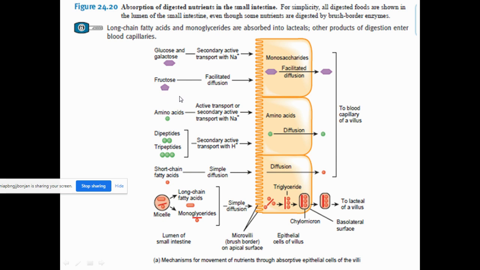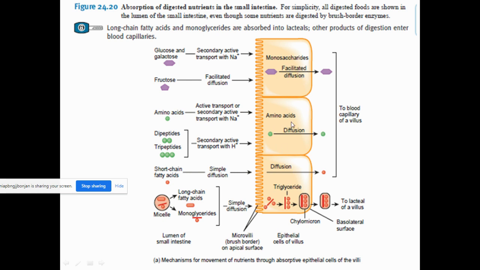So these are all formed because of the digestion carried out by the different enzymes. Now, what happens to the digestion of monosaccharides? We will see one by one. Glucose and galactose behave in a similar manner, whereas fructose behaves in another manner. You can see what the different mechanisms are by which their